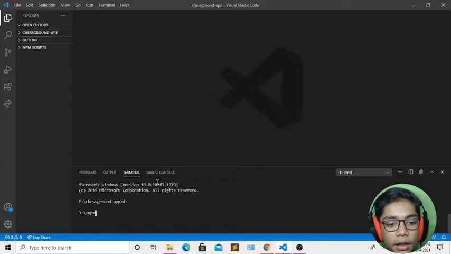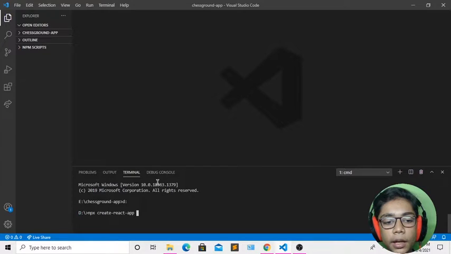First of all I will write npx. Like I told you, npx is a command with which you can create your React app or folder, but npm is a command with which you can run your React app on localhost with the help of the index.html file provided in your public folder. So here I will write create-react-app. You have to take care when writing npx create-react-app that you write these dashes also, because it is really important.